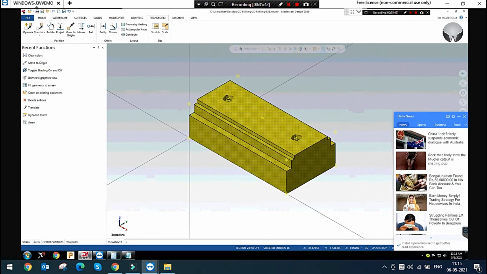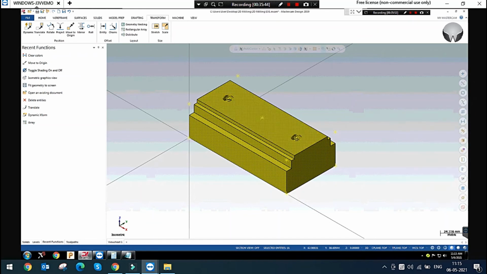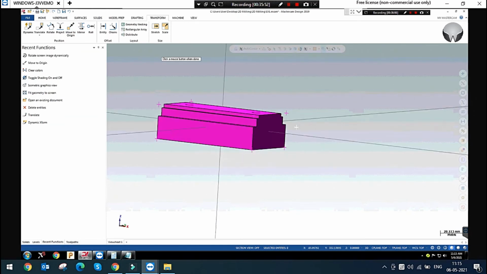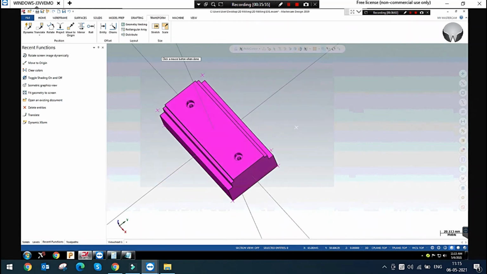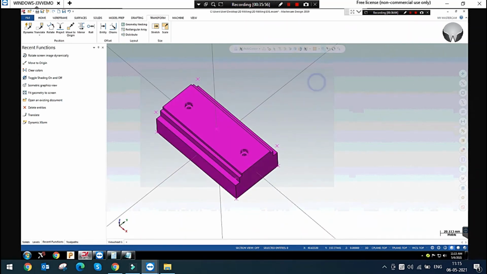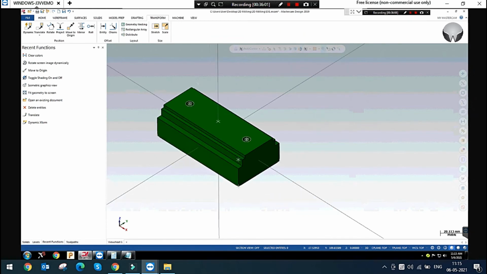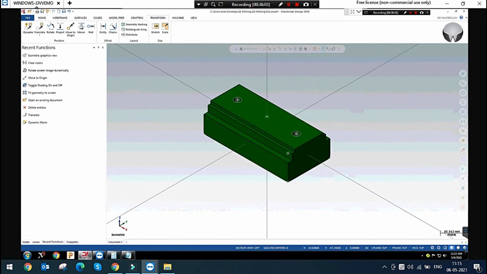Yes, I'm just simply selecting this, choosing move to origin, and selecting this point. You can see. Because we are seeing this in an isometric view, brother. That's why.